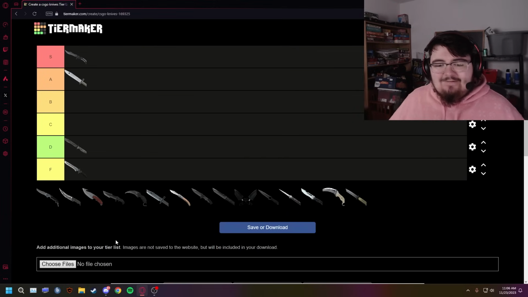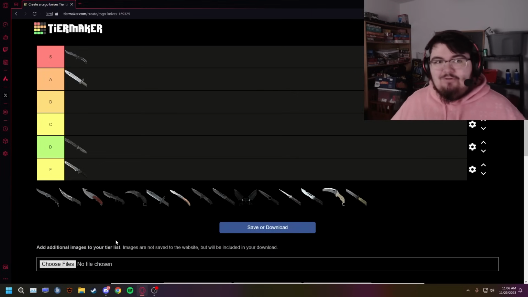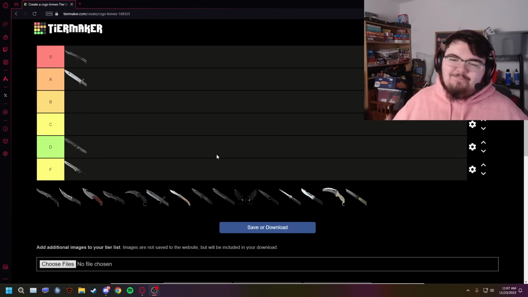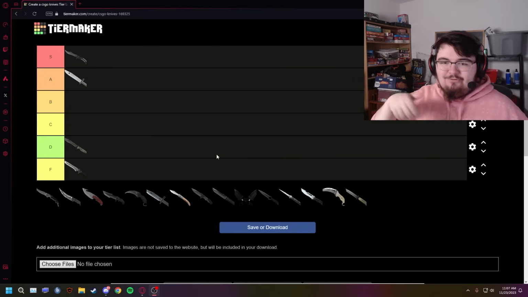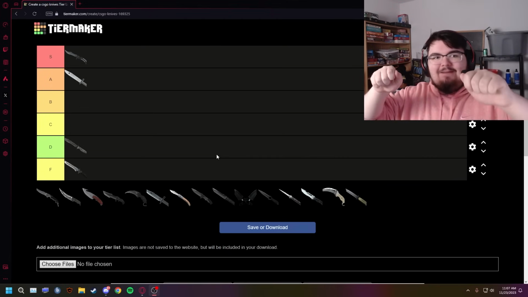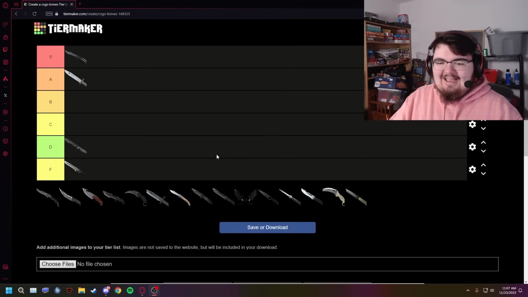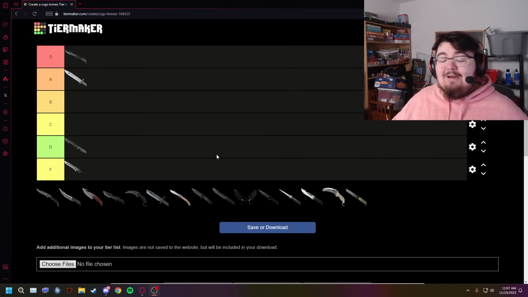Next, we have the falchion knife, and I actually do like the falchion knife quite a bit more than I think the average person does. But with that being said, there are a couple of things that I think are weird about it. The problem with the falchion knife is I just don't really like how your guy holds it. I don't know if that makes sense. I think it's a cool knife, but I don't like how your left hand is kind of off the screen. You can still see it. I wish you held it a little bit differently,